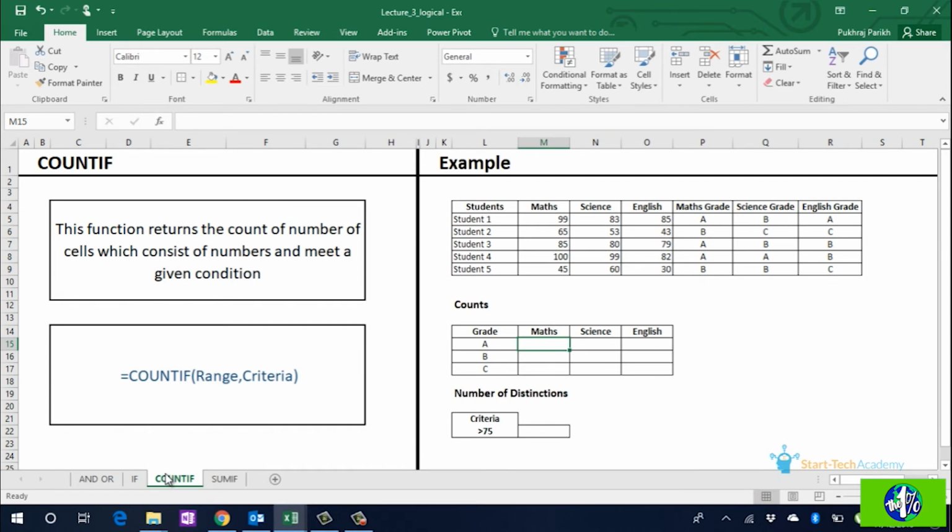Next we move on to COUNTIF function. Although this is part of statistical formulas in the formulas menu, but we will discuss it with the logical if formula only due to its similarity with a function. COUNTIF returns the count of cells which satisfy the given criteria. Here, if we want to identify number of students who have scored grade A, B or C in every subject, we type is equal to COUNTIF,